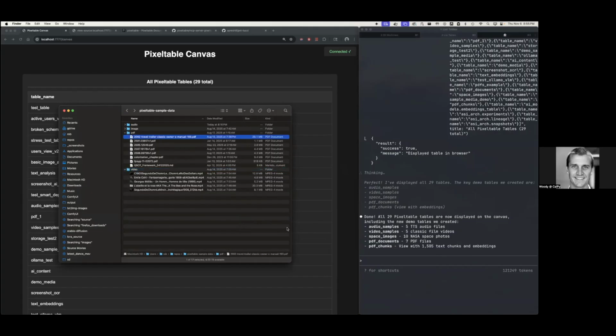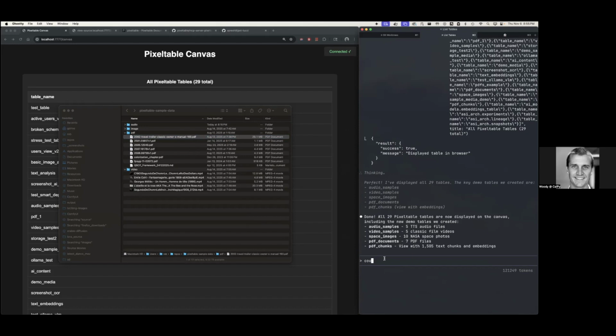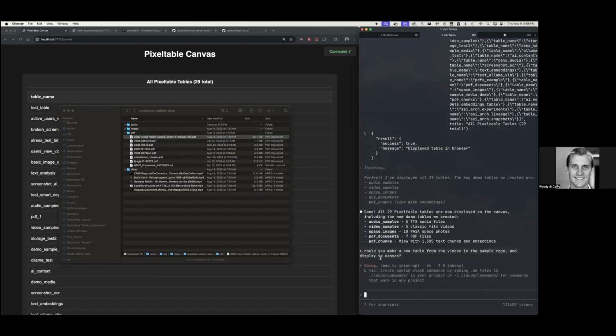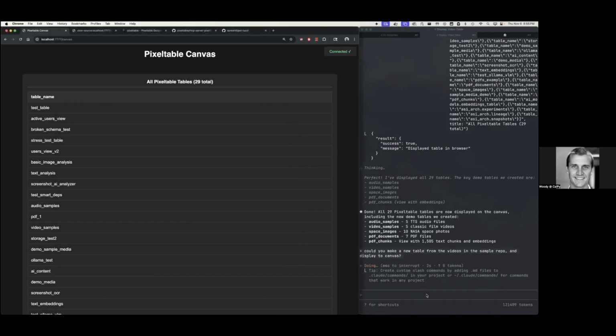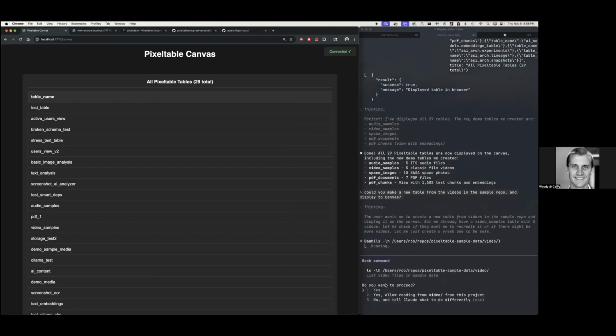And I can say, Claude, make a table from the videos. And make a new table. So this just gives you a language interface to Pixeltable to comfortably do basically anything with Pixeltable.